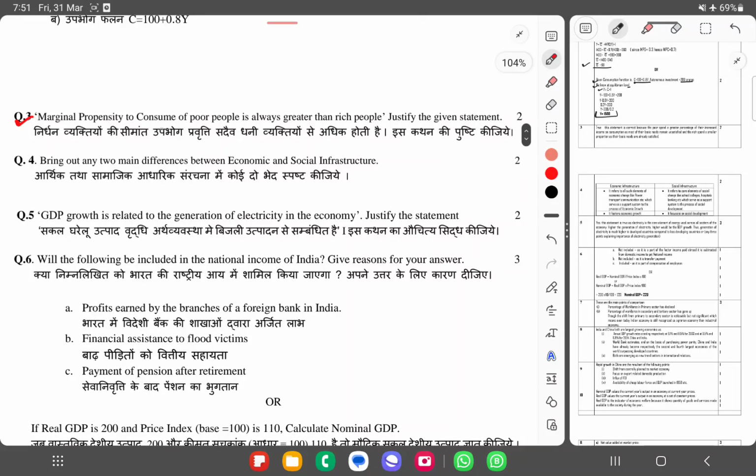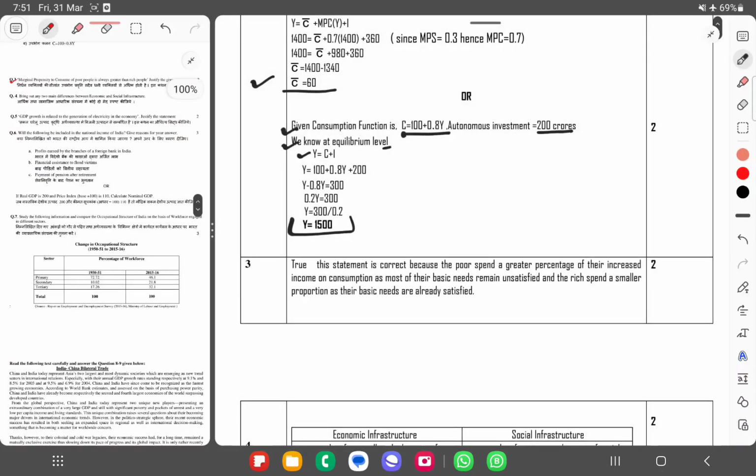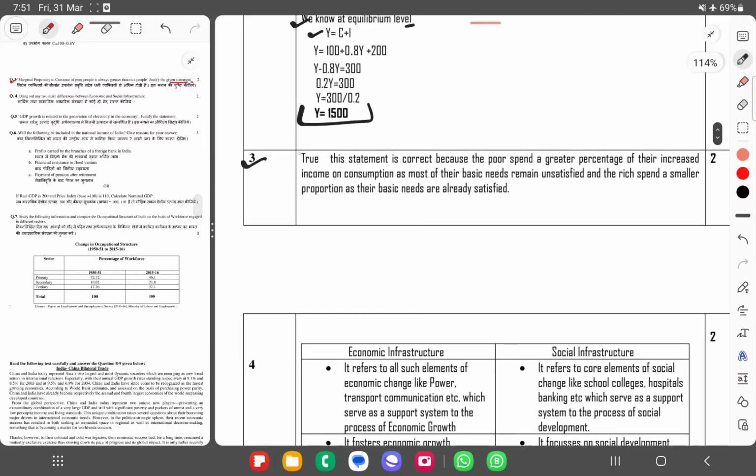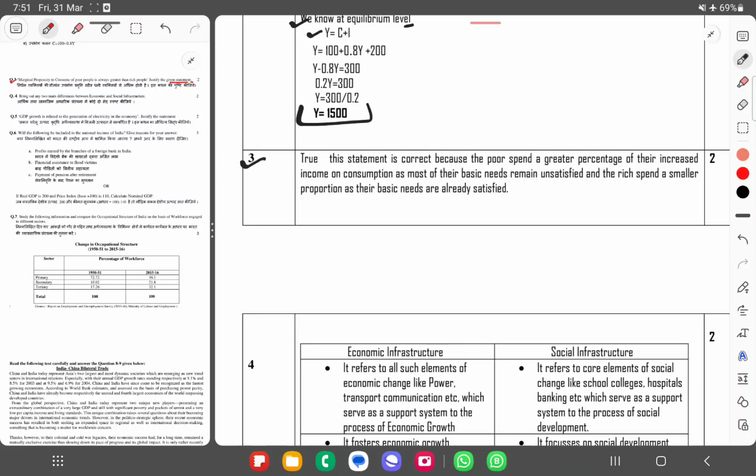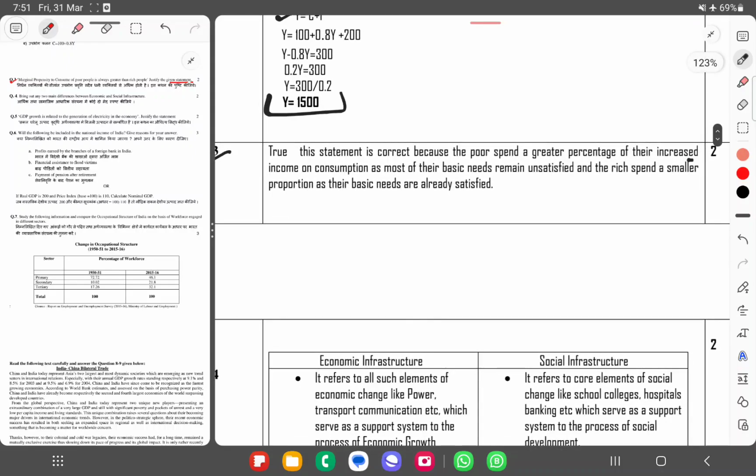मार्जिनल प्रोपेंसिटी ऑफ कंज्यूम पुअर पीपल इज ऑलवेज ग्रेटर देन द रिच पीपल। जस्टिफाई द गिवन स्टेटमेंट। थर्ड वन, द स्टेटमेंट इज ट्रू। द स्टेटमेंट इज ट्रू करेक्ट बिकॉज द पुअर स्पेंड द ग्रेटर परसेंटेज ऑफ देयर इंक्रीज्ड इनकम ऑन द कंजप्शन as most of their basic needs remain unsatisfied, and the rich spend smaller proportion as their basic needs are already satisfied। ठीक, next one,